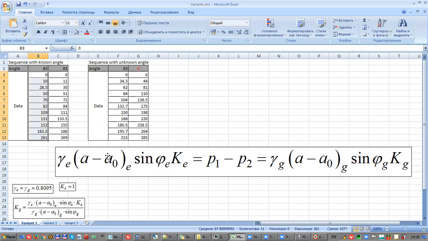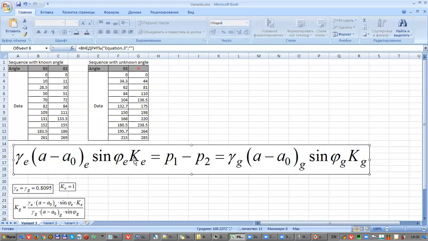This is for left and this column for right. Sin phi and sin phi, where phi is an angle. And K is a coefficient. These coefficients are related to change in density, unknown for us. This coefficient is related to different